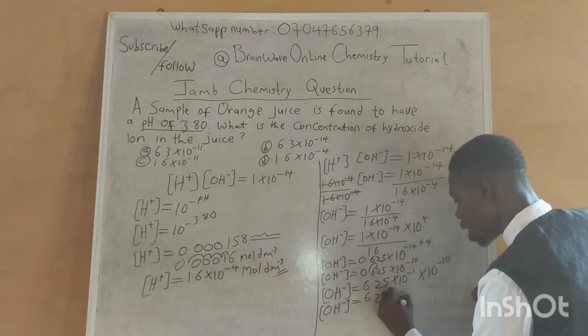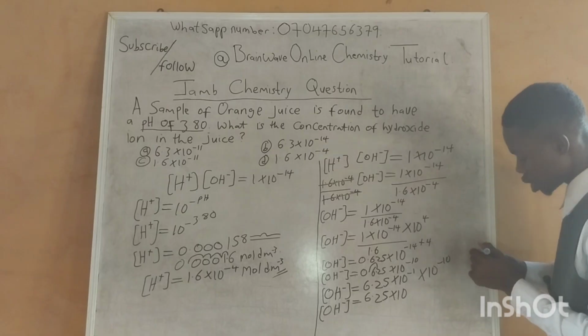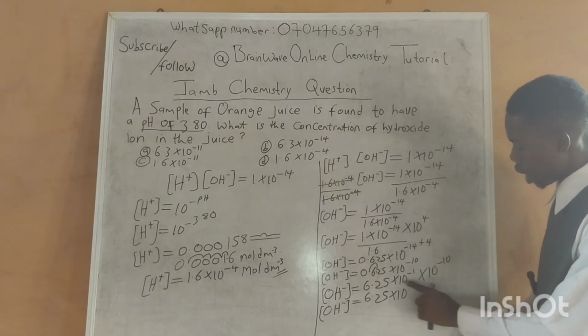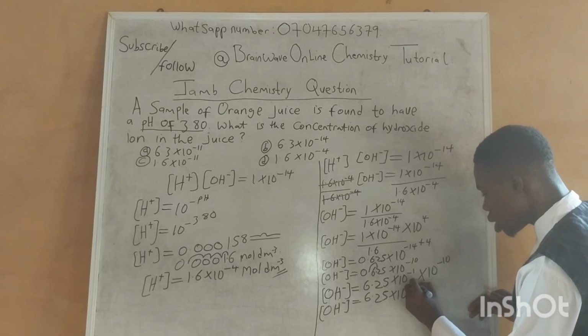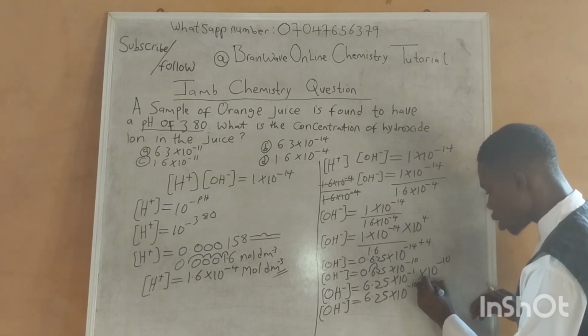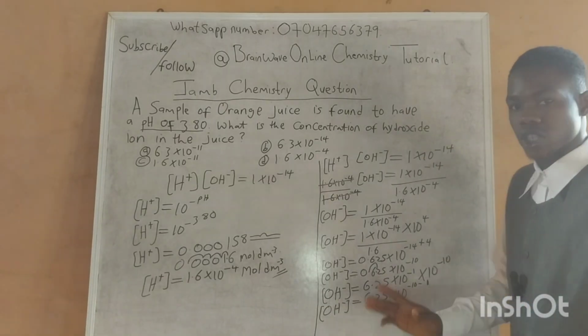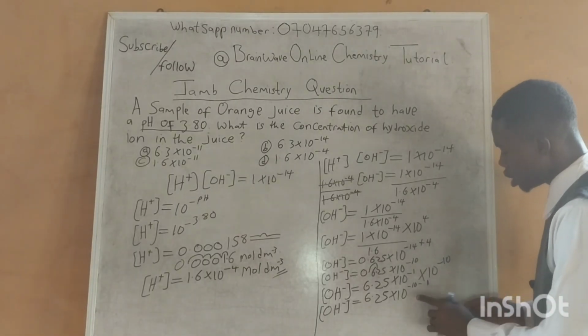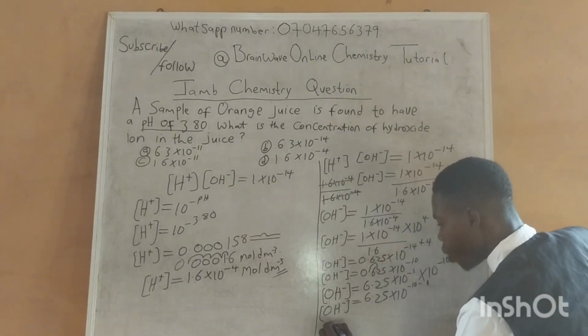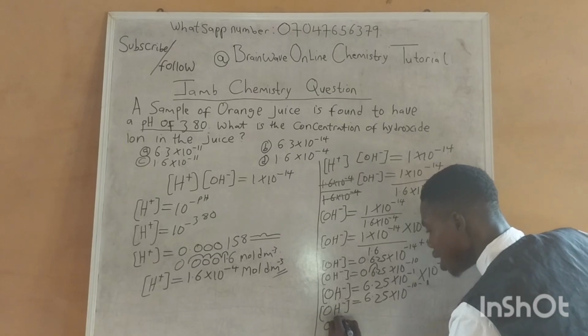6.25 times 10. Now in indices also, don't forget, when the two bases are the same, you pick one and equate the power. So now raised to the power minus 10 minus 1. Don't forget, earlier on I said that minus means we are holding, and plus means we want to pay. Now minus 10 minus 1 is minus 11. So therefore our hydroxide ion